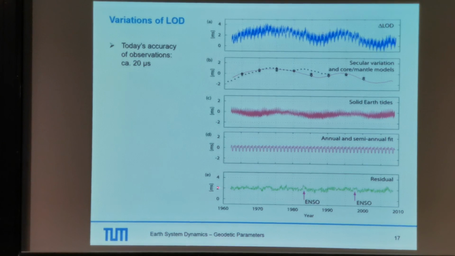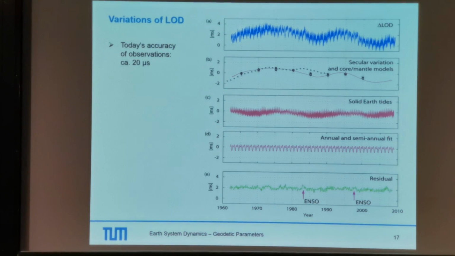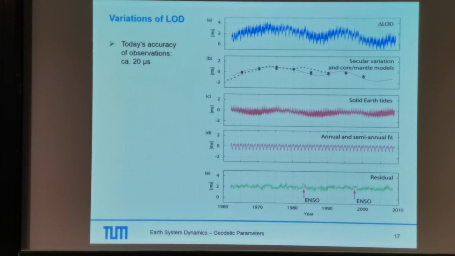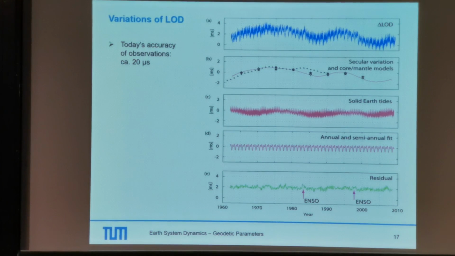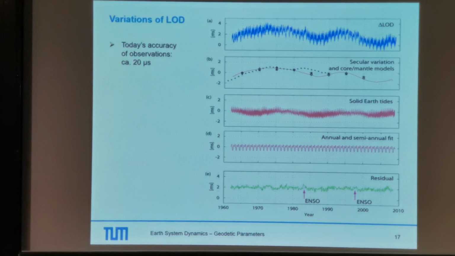You see that we are here at the level of an offset of 2 milliseconds and a variation of, let's say, plus minus 0.1 or 0.2 milliseconds, which is much larger than this 20 microseconds. And then we see special effects here in 1984, for example, or 1998. And if we look closer at what happens within the Earth system, then we see we have here the ENSO effects, El Niño Southern Oscillation, which is a phenomenon happening in the Pacific region, and this is somehow affecting